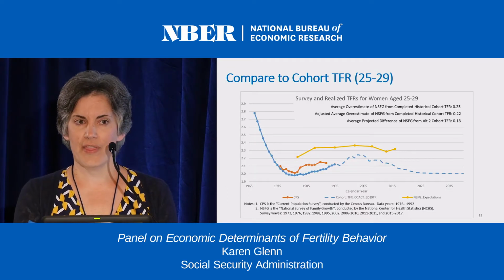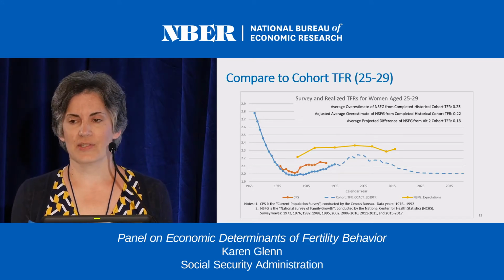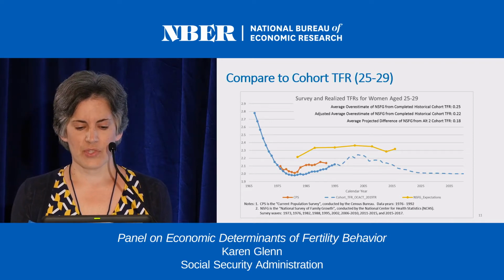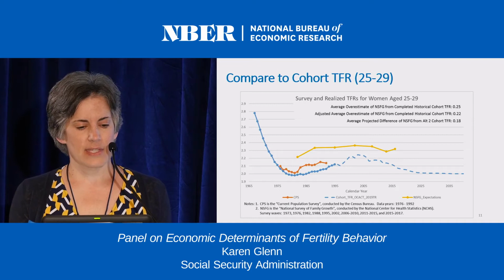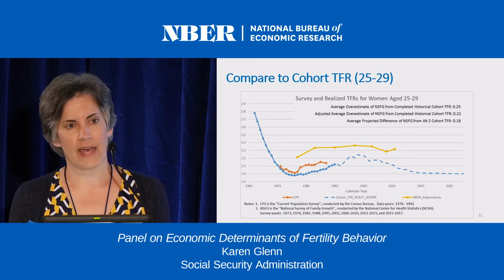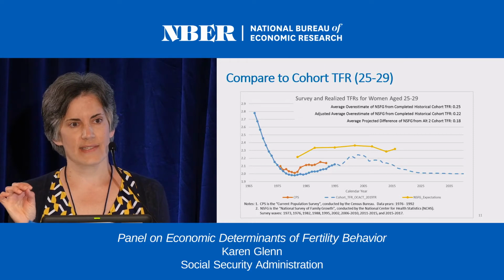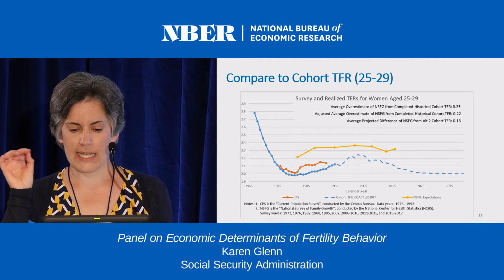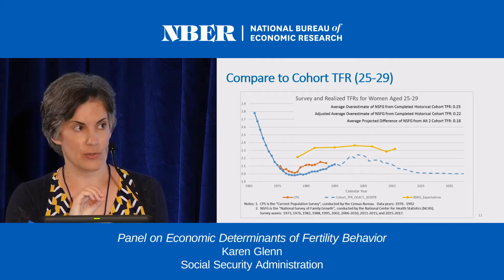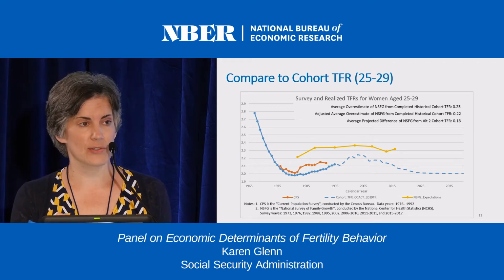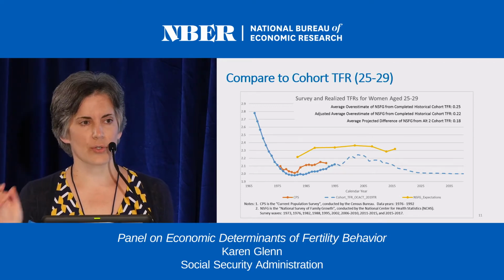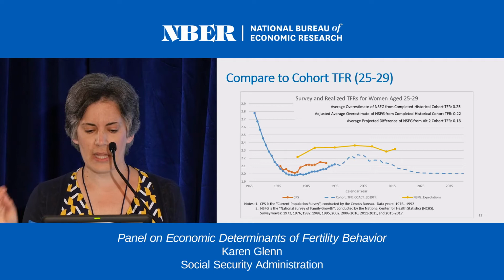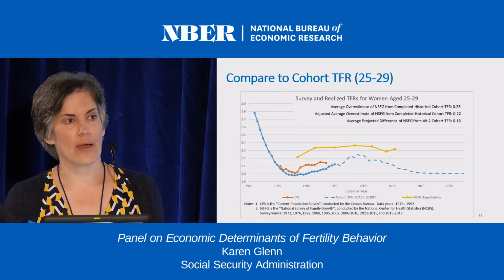So the natural question then is, how do these expectations compare to reality? Are they a good predictor of actual fertility? So we looked at a couple of things here. This is comparing for women 25 to 29 what the surveys say versus the actual realized births. The yellow line is similar to those surveys we just looked at, the NSFG surveys. The orange line we've got here is an earlier survey from the CPS. They used to ask a similar question. And the blue line is actual data and our projections.